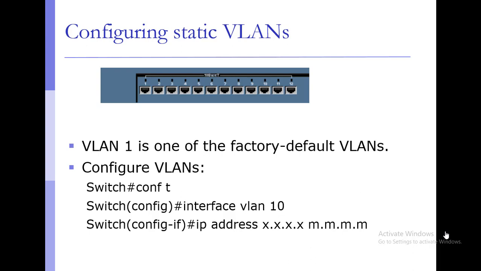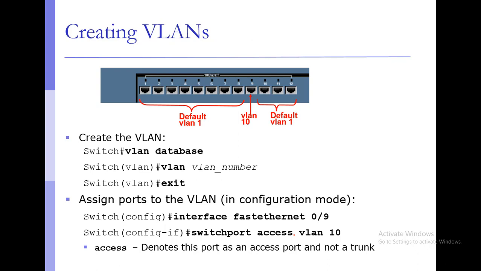The first thing for configuring a VLAN is in the switch configuration. You have to turn on this configuration, and after you have gone into the configuration of the switch, you have to use interface VLAN and the number of the VLAN that you want to interface with. After that, you have to provide the IP address and the subnet mask, etc. This is the host ID and this is the user ID. You have to provide the IP address of that interface. This is very necessary before configuring the actual user, who will also have an IP address.